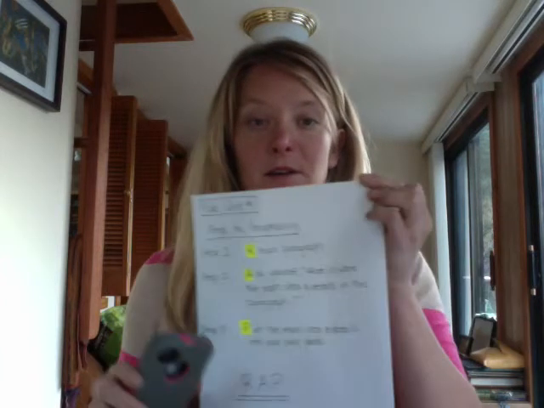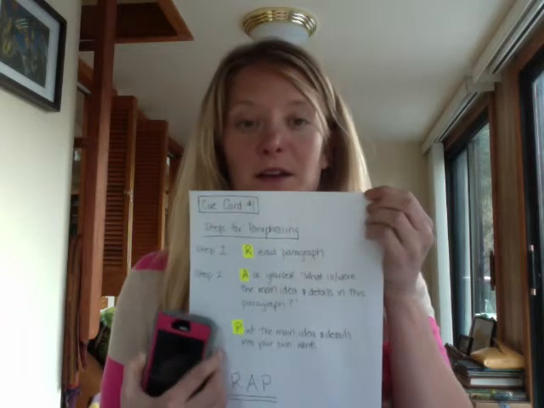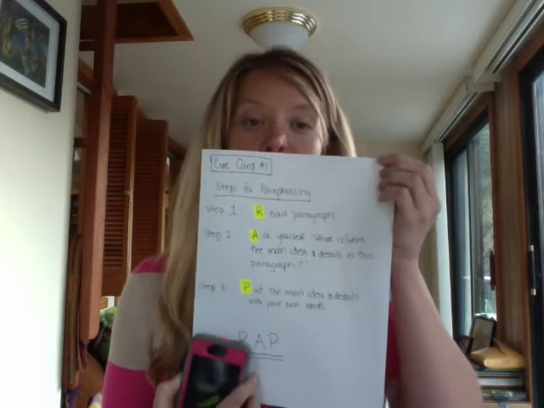So when you're doing this, you're going to have your reading. I photocopied a section from your science textbook, and you're going to have a microphone recorder, which will be my phone for right now. And I'm going to demonstrate how it should look as you go through. So we need to remember the steps: wrap, read, paragraph. We're going to do that first. Then you're going to ask yourself, what is the main idea and details in the paragraph? And then last, put it into our own words on the tape recorder.